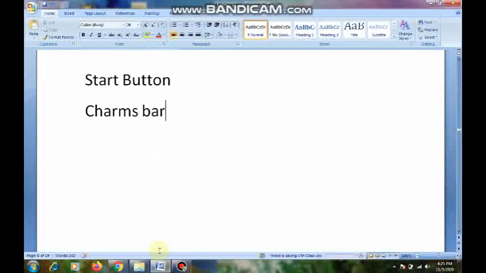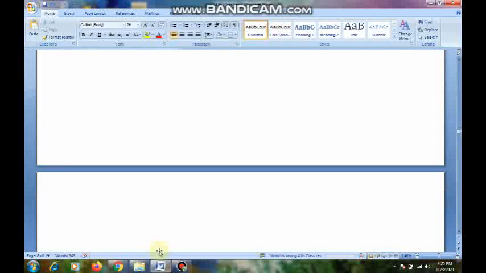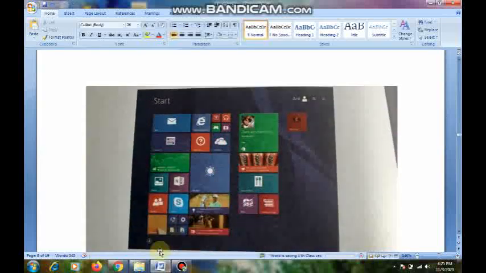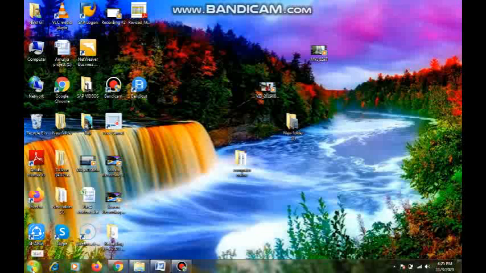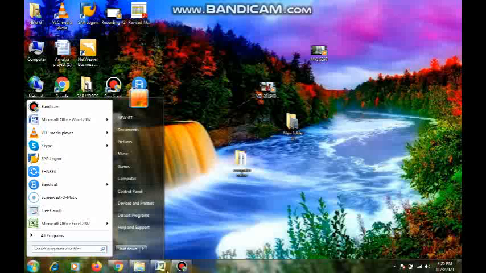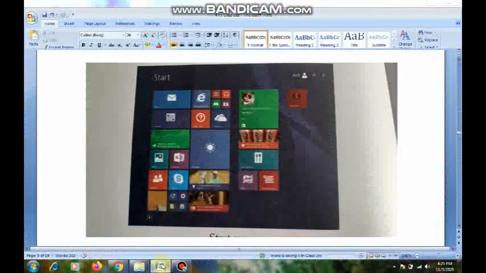Is it right? See, page number 18, they gave a screen like this. When you click on the computer, this screen will appear. Here is the start, and here is the start button. So what is the difference between these two?